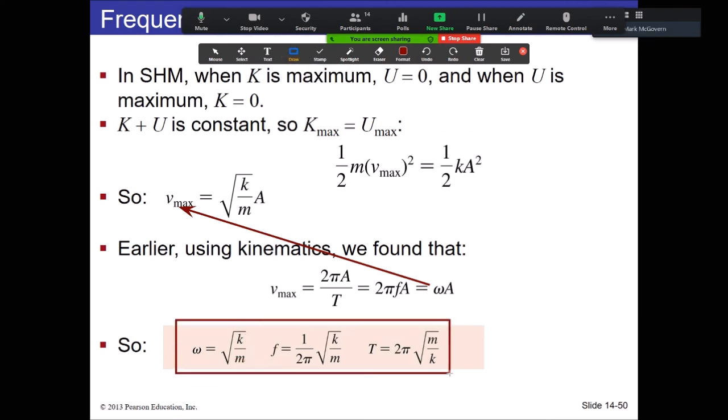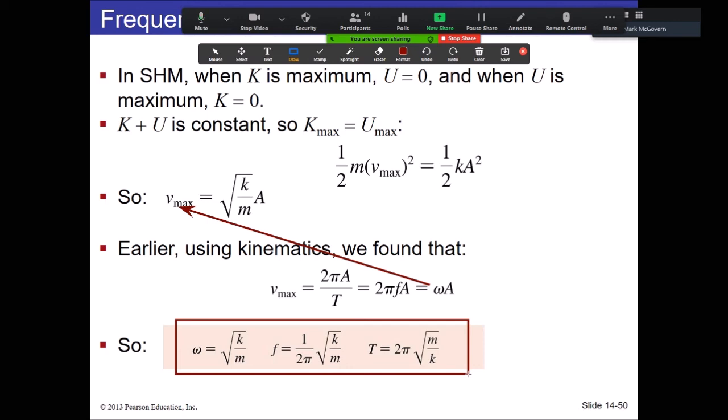Actually, all three of these work here, but we immediately get the first one. We can see how we can characterize the period and the frequency of our system here. As long as you know just the mass of the object oscillating and the spring constant, that can almost entirely characterize for you how the system behaves. That tells you your omega, which is a big part of the system here. But what's fascinating about this actually is this. If you look at that last expression for the period, it says period equals 2 pi square root m over